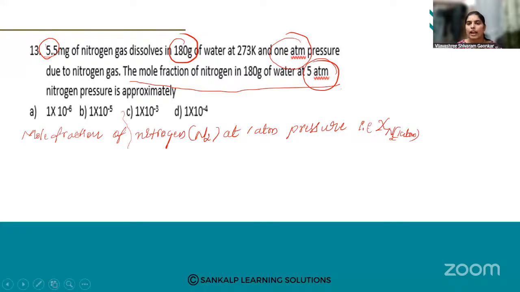So X N2 in the bracket 1 atm means what? Mole fraction of nitrogen at 1 atm pressure. Okay, what is it? Mole fraction of nitrogen at 1 atm pressure equal to number of moles of nitrogen divided by number of moles of nitrogen plus number of moles of